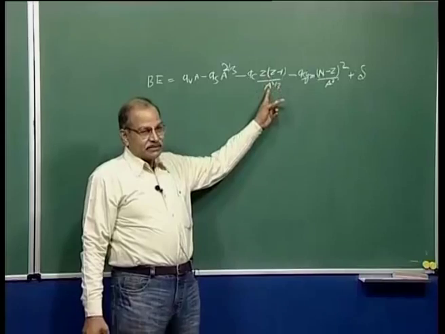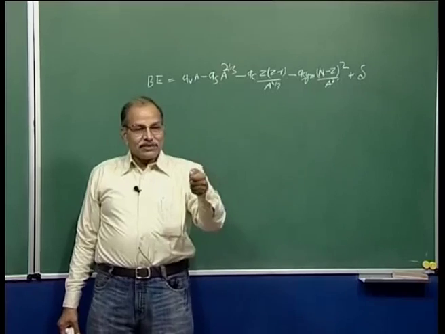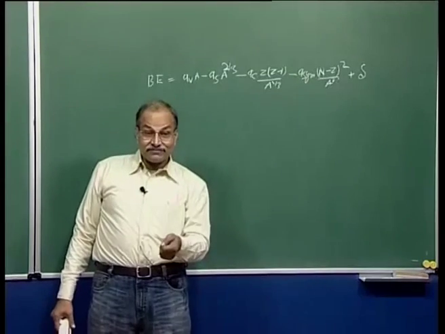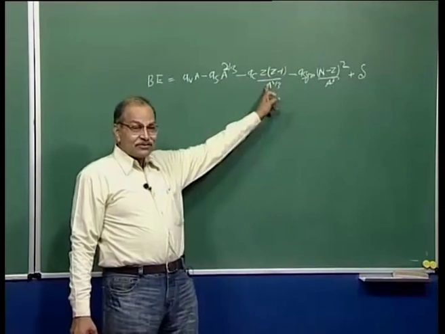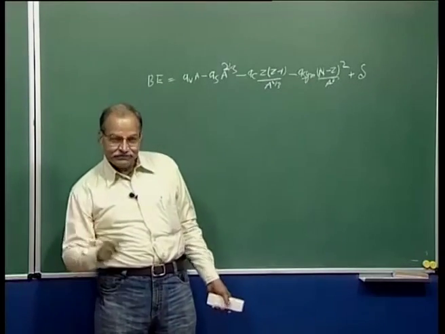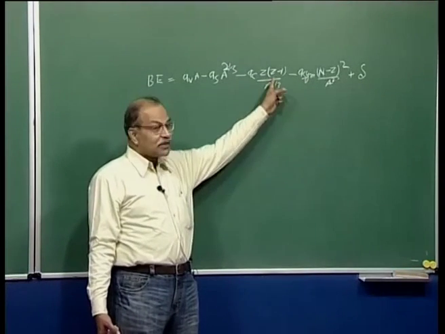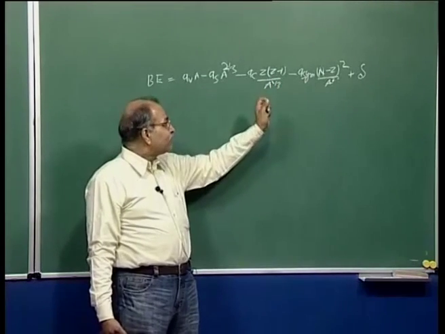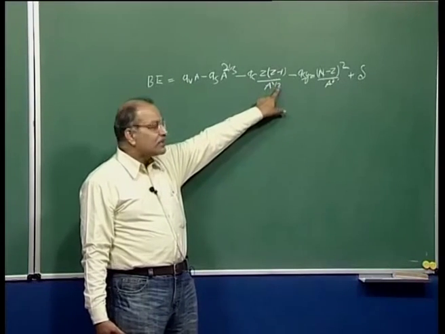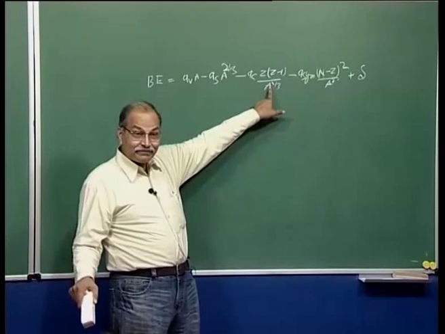Similarly, here this is Coulomb energy, right, and Coulomb potential energy is Z1 Z2 e square by 4 pi epsilon naught r. So, it is proportional to 1 by r. It is because the Coulomb potential between any two charges Q1 Q2 by 4 pi epsilon naught r separation. So, it is that r, and r goes as a to the power 1 by 3. Therefore, it is a to the power 1 by 3 in the denominator. So, if you can connect this way, that this is coming from Coulomb potential energy, you will know that it should be a to the power 1 by 3 in the denominator, because potential energy is Q1 Q2 by 4 pi epsilon naught r. Okay.